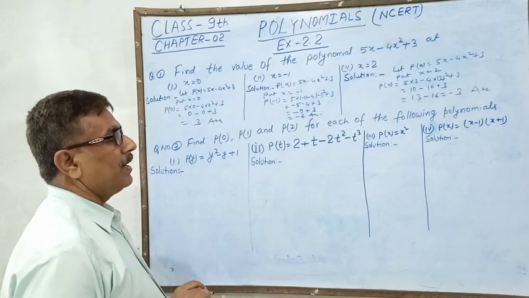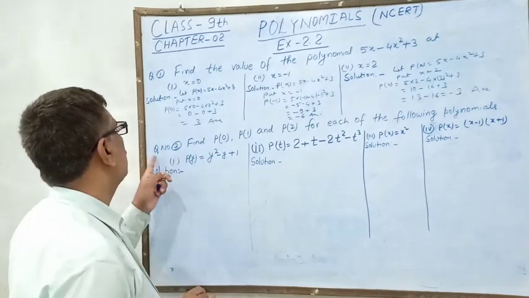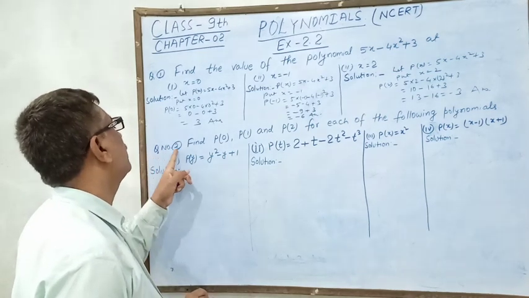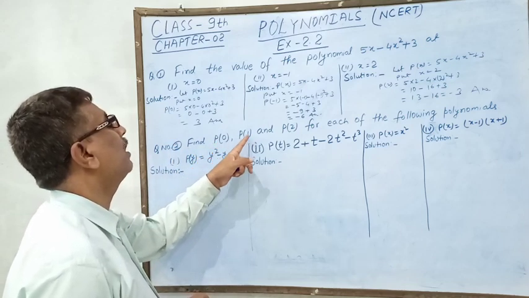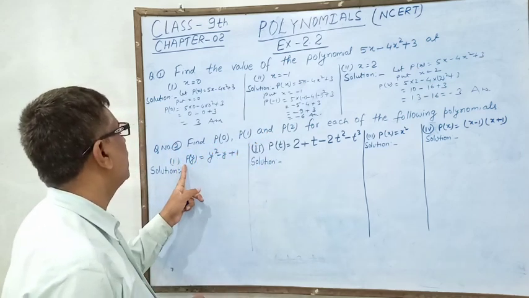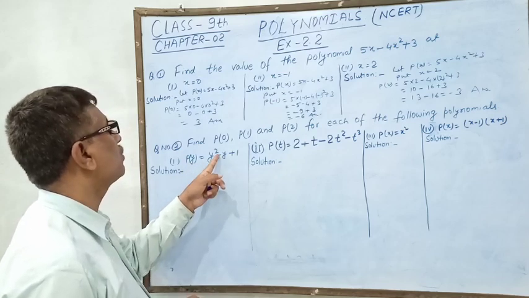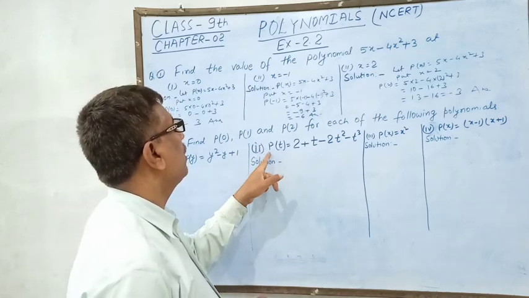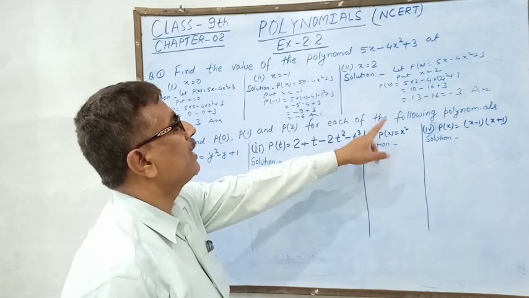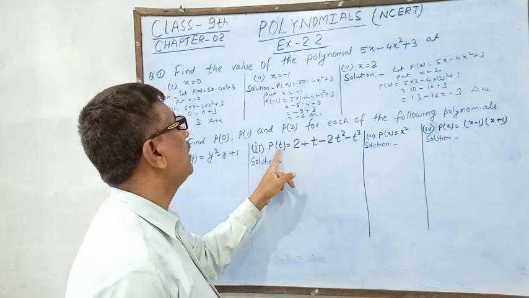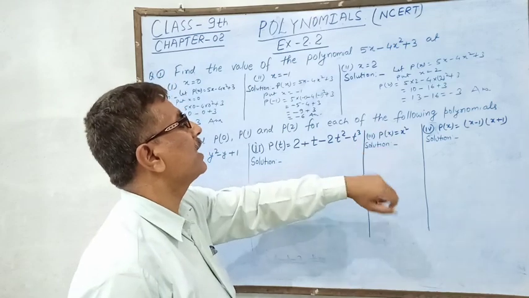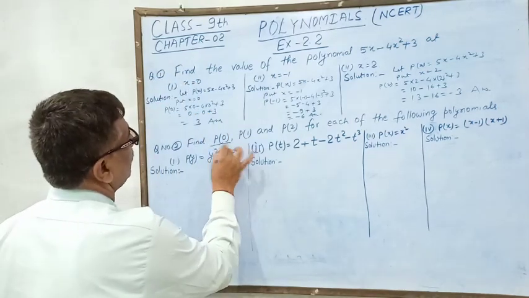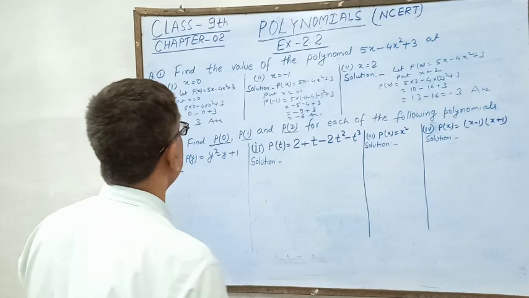Okay, and now we get proceed for the solution of the second question. You try to understand the question first. Question number 2, find p of 0, p of 1 and p of 2. The given polynomial in term of y, p of y equal to y square minus y plus 1. It is in terms of the variable y, and then another p of t, that means variable t, and p of x, that means variable x. Okay. So just we have to find these three for all questions.